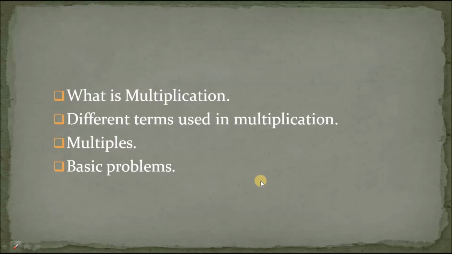Hello students, in this video we will discuss what is multiplication, different terms used in multiplication, multiples and some